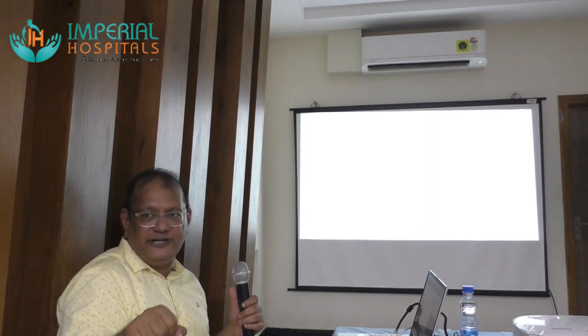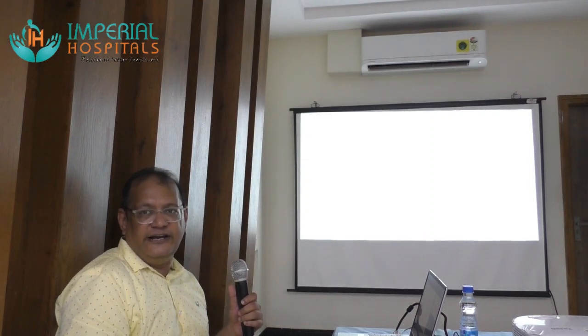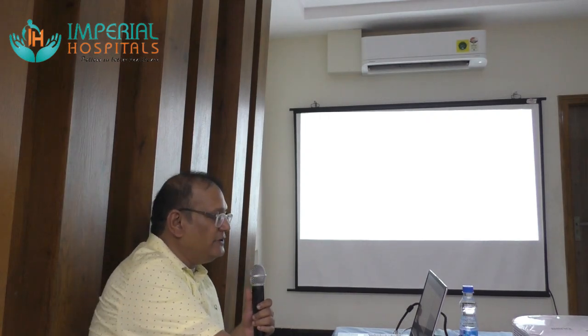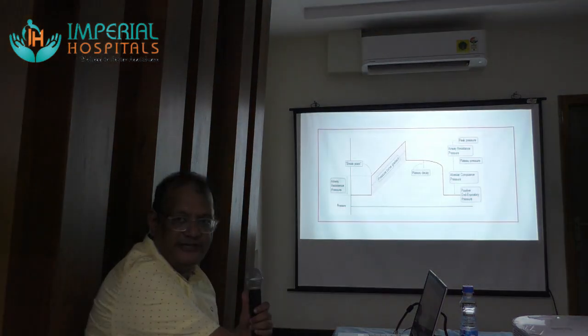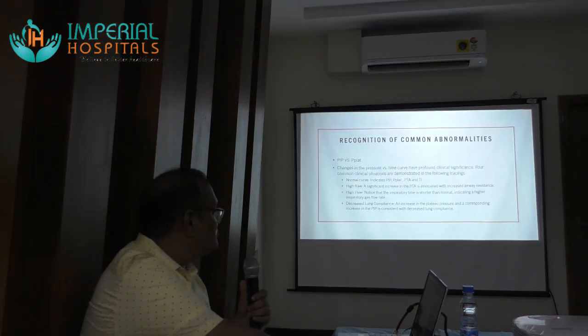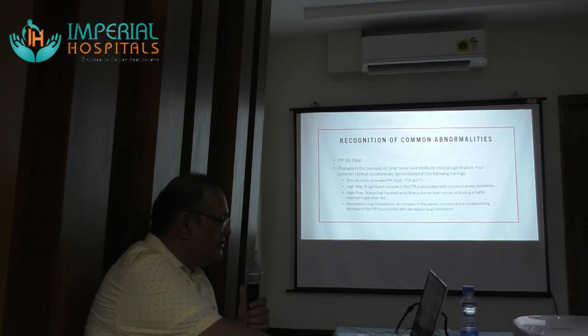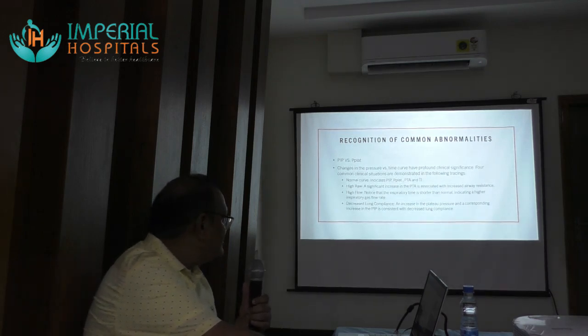So you'll have to apply some pressure to push the set volume of air. For the air to reach the alveoli, you need pressure, and the amount of pressure that is required to push it is the peak pressure, right? So the common abnormalities we can recognize in the pressure time graph are, in the normal graph,